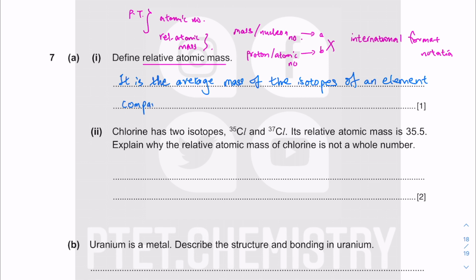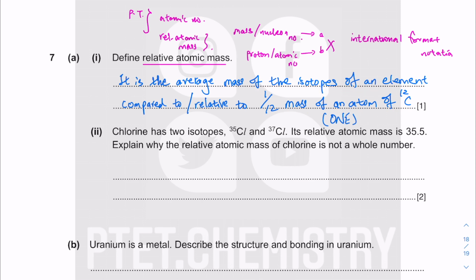Okay, so you say compared to, or you can use the term relative to, 1/12 the mass of an atom. If you don't like "an atom," you can use 1 atom of carbon-12. This is the international standard. The reference standard is relative to 1/12 times the mass of an atom of carbon-12. It's got to be 1 atom because you're comparing the mass of the individual atoms of the isotopes of the